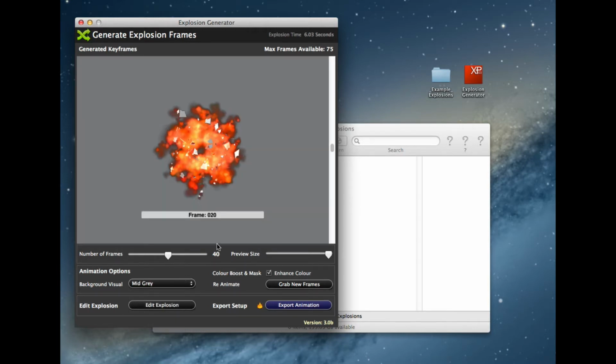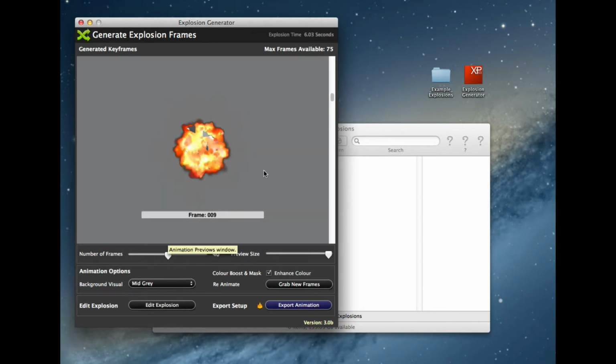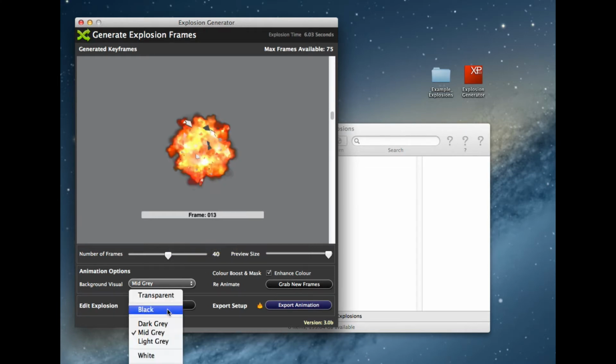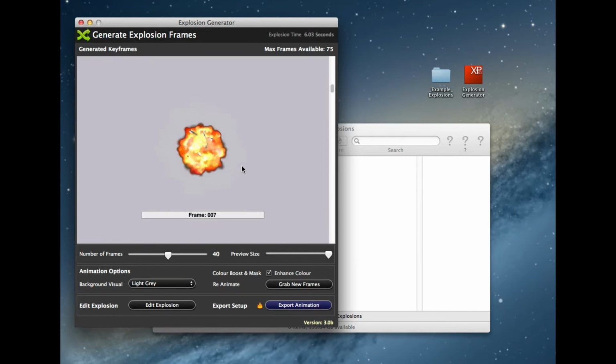backgrounds. Now, one of the things the tool does, it creates quite a vivid edge around the explosion itself, where it's trying to detect where the explosion needs to start becoming transparent. So what you can actually do, if this edge is not required for your app, or it's in the way, or you've got a very light background, for example, light background here, and it's very noticeable, what you can actually do is turn off the colour boost and the masking. So if you turn this off and grab the new frames,